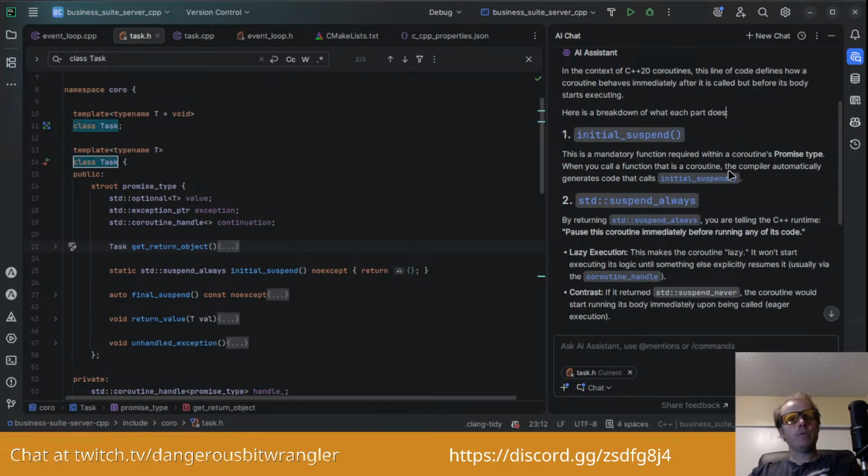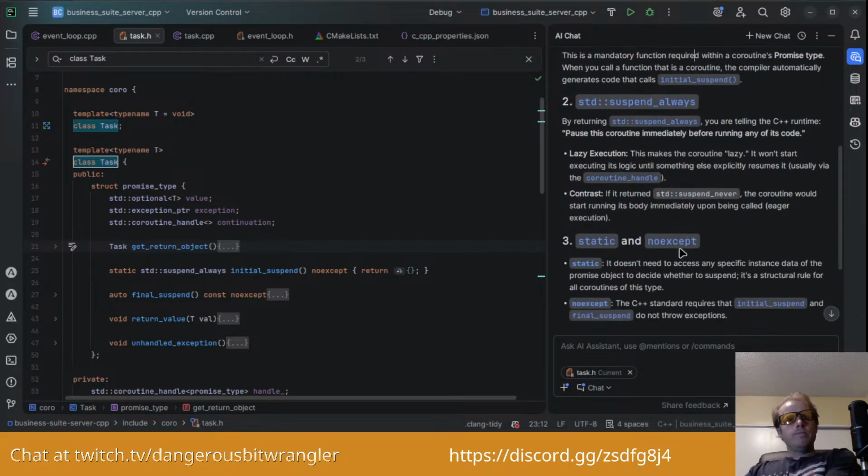Okay, so it's a mandatory function that has to be defined, and the compiler generates code that calls initial suspend. Okay, now it's coming back to me. By returning the type suspend always, we're saying don't execute it right away. Don't execute this promise.